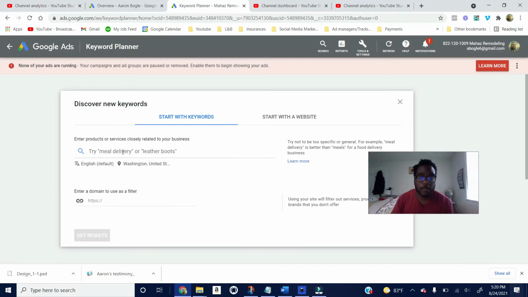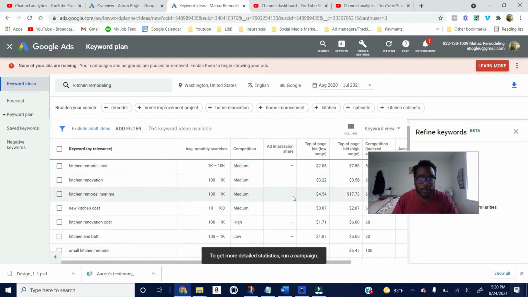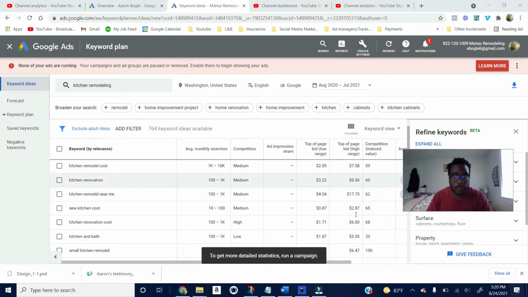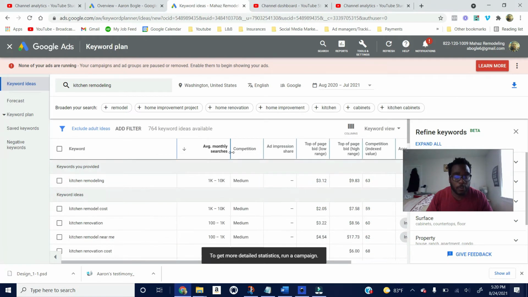Save there, and we are a kitchen remodeling company. So what I would do is type in my general keyword, kitchen remodeling, overall, right? Just to get started. Let's say we have no idea what we're doing. What I like to do, it's actually really affordable here, is I always sort it by average monthly searches. So kitchen remodeling, if we wanted to make that its own ad group, we make its